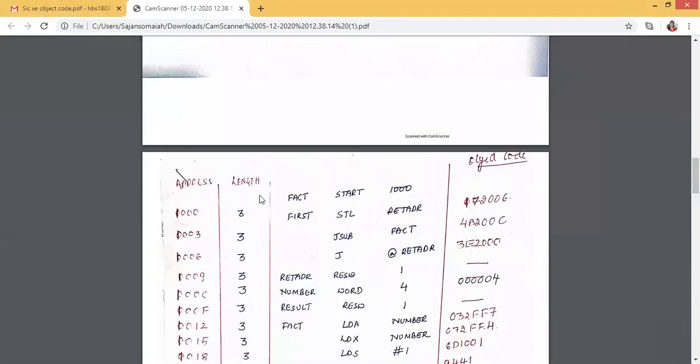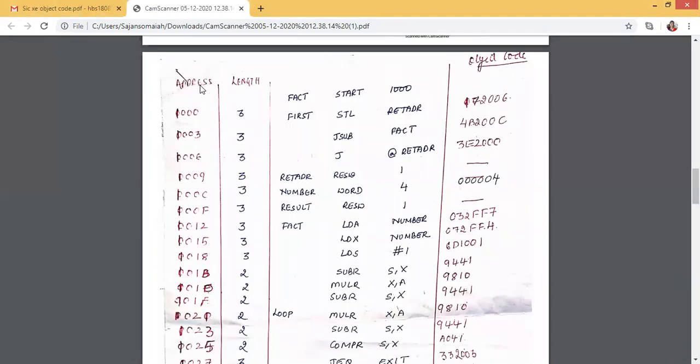Okay. Now, after we are done with length, we have to calculate the address. What should you do? As I said, you need to have a scientific calculator, which will help you find the addresses. The usage of the scientific calculator has been shown in the previous video. You have to go through it, guys.